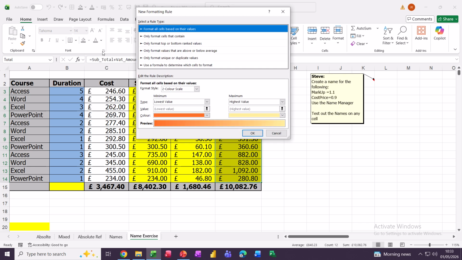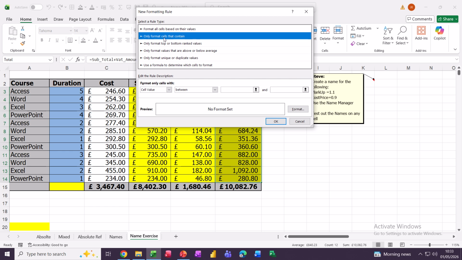New rule. And the one I want to use for these three is this second one down, only format cells that contain. Now you have some options at the bottom that you can adjust if you don't want to use the default ones, but I'm going to leave that on cell value. I do want to change this though to greater than. So the first one is going to be greater than, and then you need to tell the computer what the trigger is. So the first one I said was greater than 1,000,